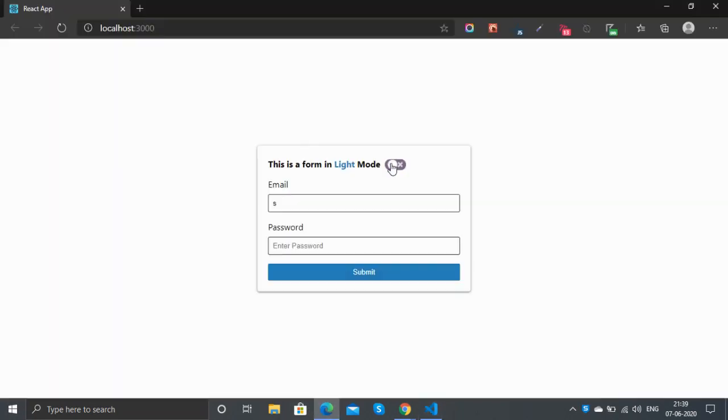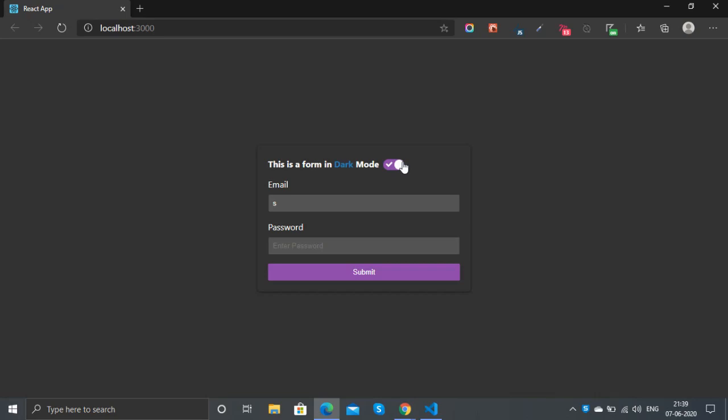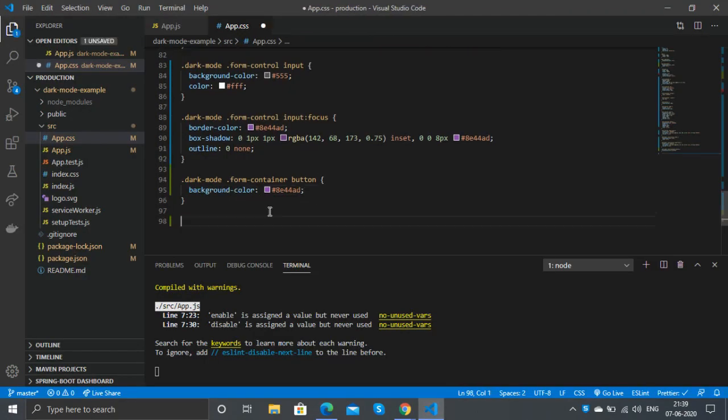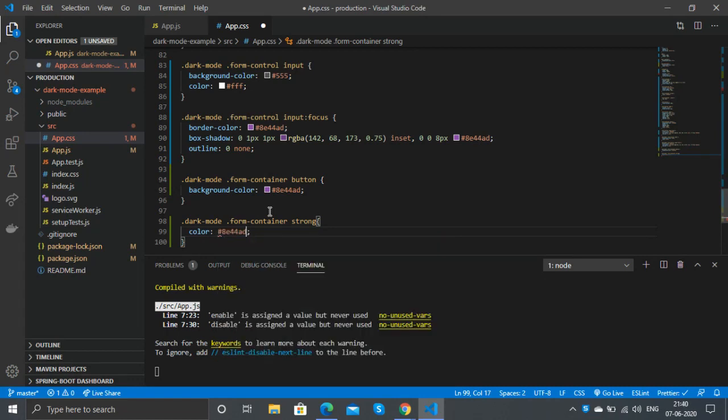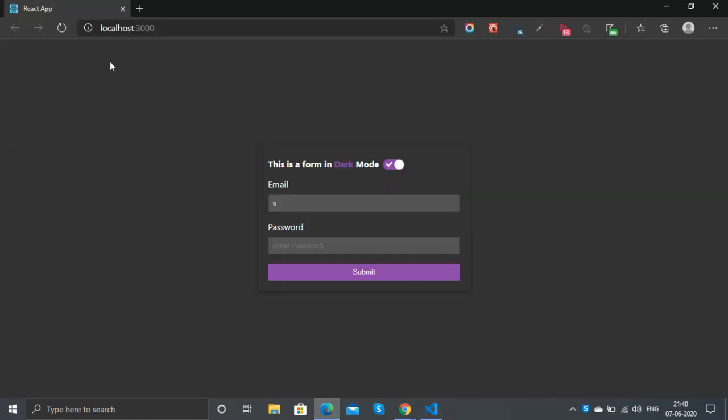Yeah, now it looks good, and in the light mode it's blue and dark mode it's purple. Now let's change the dark and light text color also to this purple color. Yeah, that looks good.